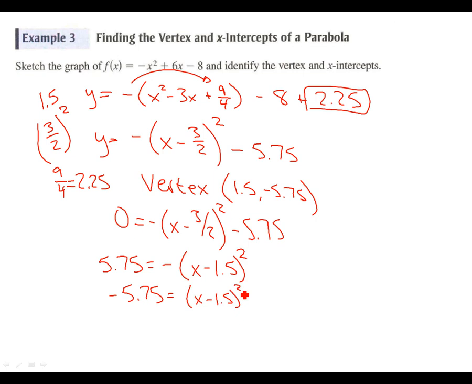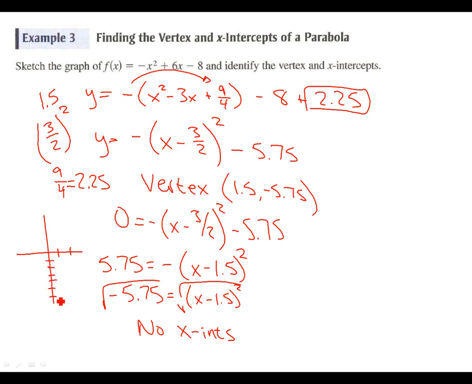And then how do we get rid of the squared? We're going to take the square root. And can we do the square root of a negative? No, we cannot. We are not going to have any x-intercepts. No x-intercepts. If we were to sketch this graph, okay, we are starting at 1.5 and 1, 2, 3, 4,